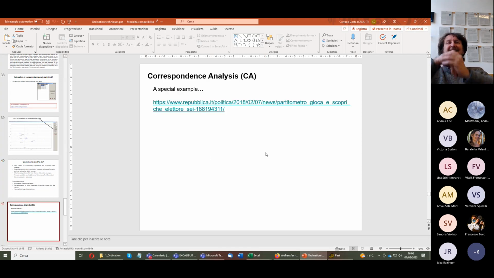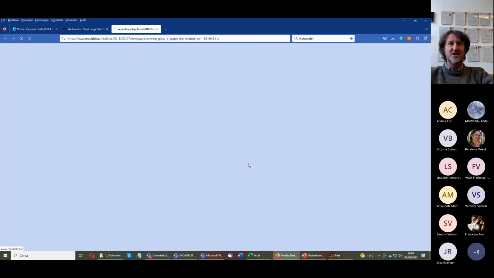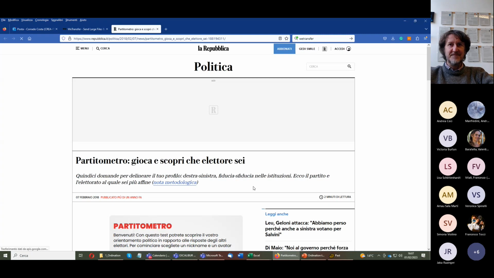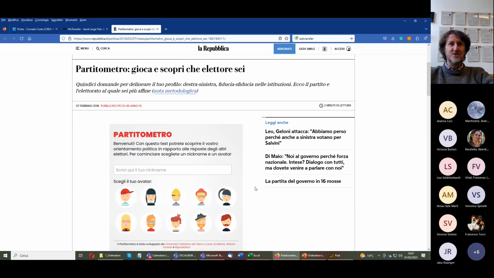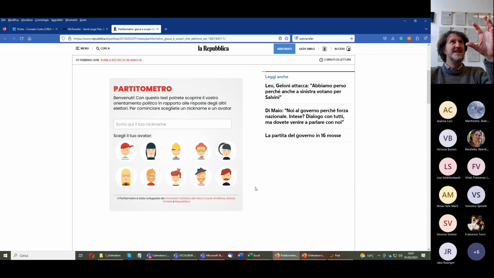Here is a very particular, special example of the corresponding analysis that in Italy, for example, happens also in real life, not only for research. Here we have an example that, during election days, works to show you which party you are most similar to. So you can put your